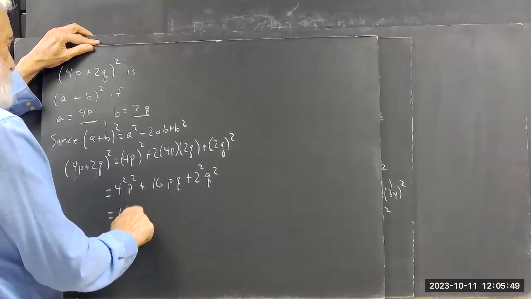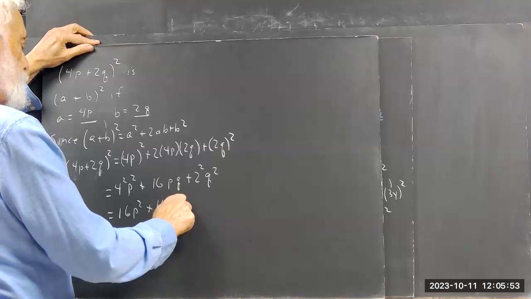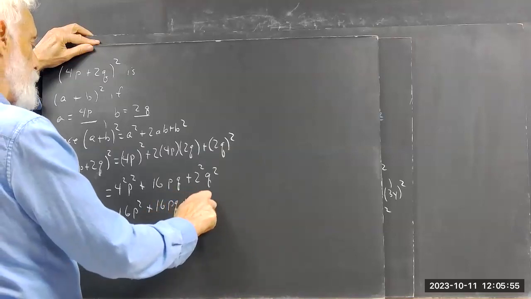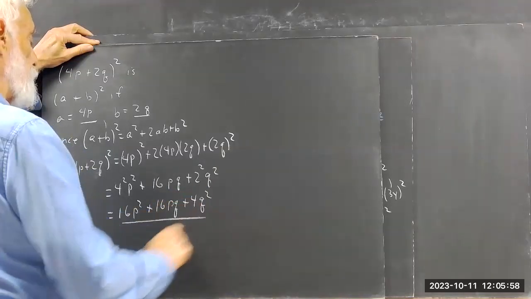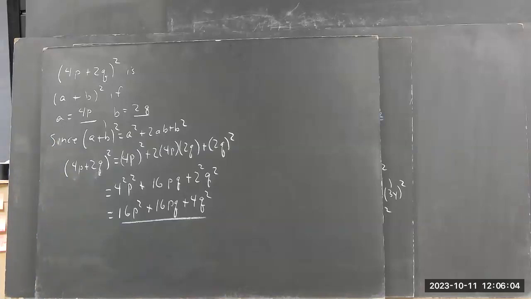So that's 16p squared plus 16pq plus 4q squared. And there it is. Okay, that was quite well done. Hopefully everybody did well with that, and if not,